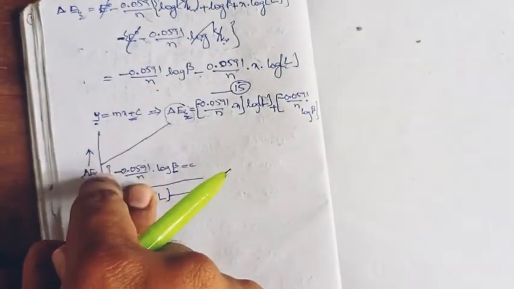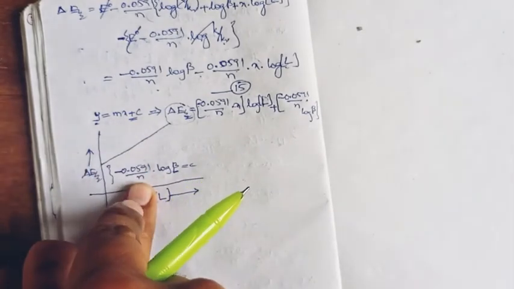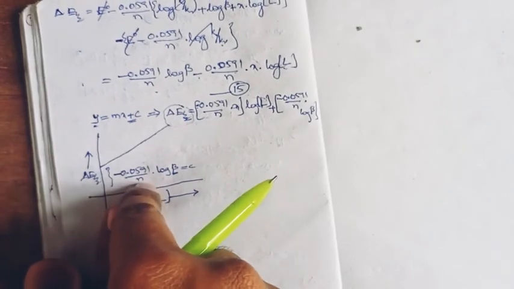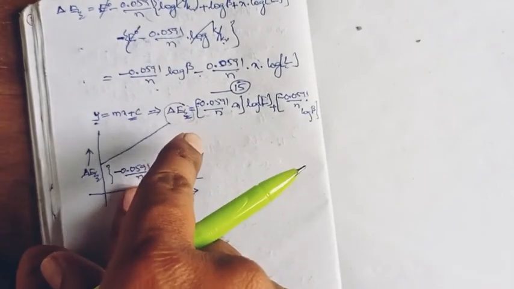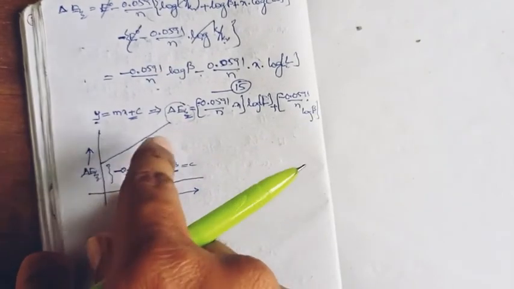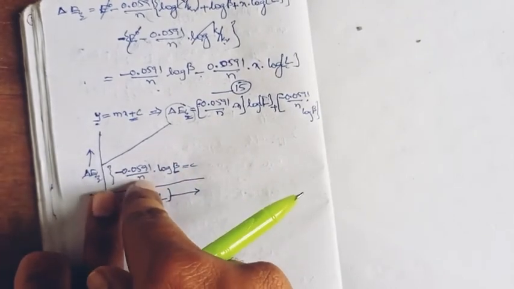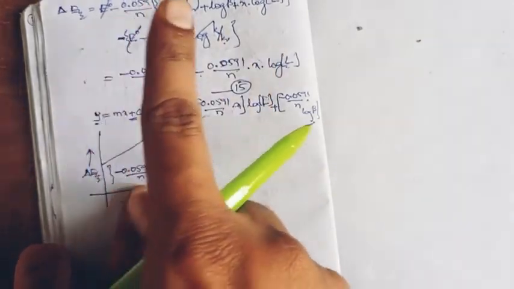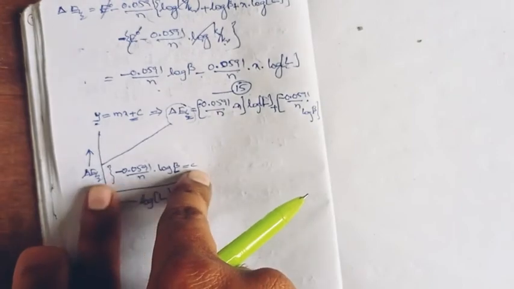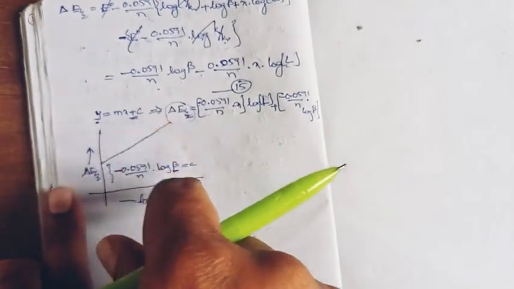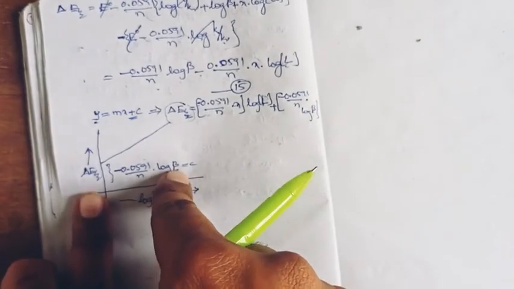For example, if we have iron in +2 form, ferrous, it would have n number of 2. If we have zinc +2, in that case also the n number will be 2. If you have manganese +7, there the n number will become 7. Like that, with respect to the oxidation state of the metal ion, the n number can be declared. The intercept will be calculated from the graph, so all terms are known, and we get the stability constant beta.